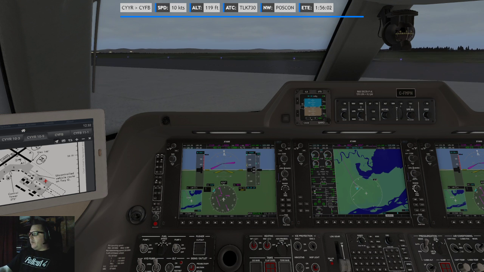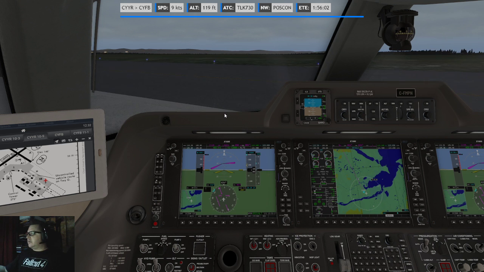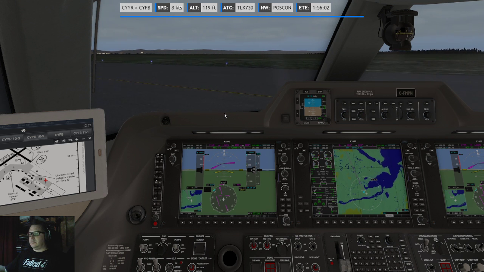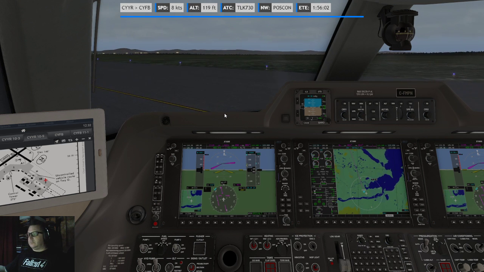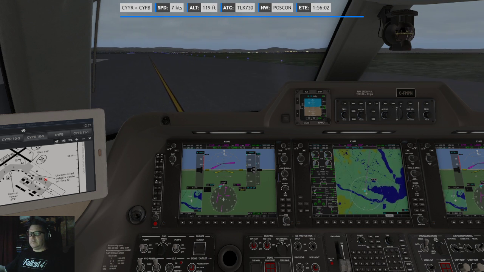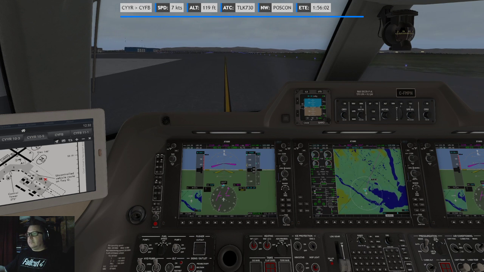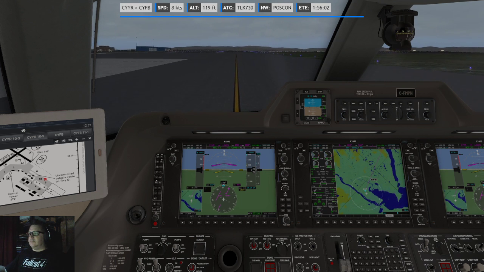Oh yeah, and how about I put some range on that? Excellent.